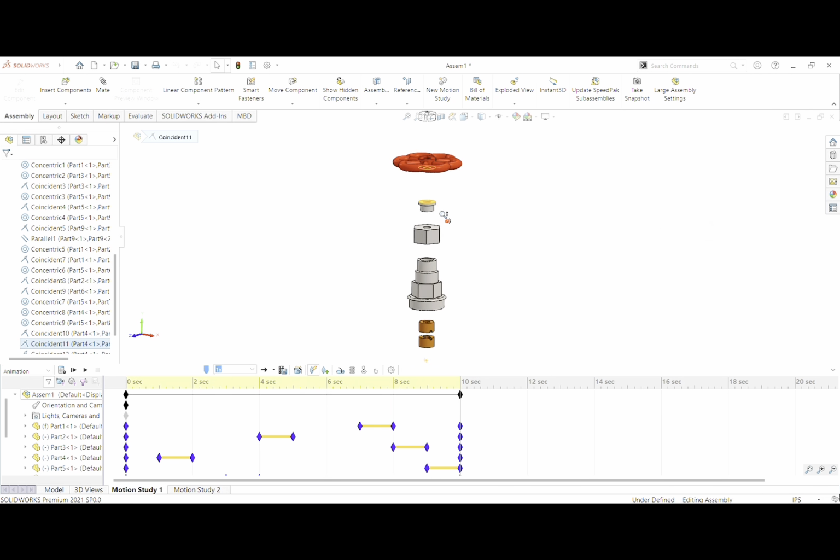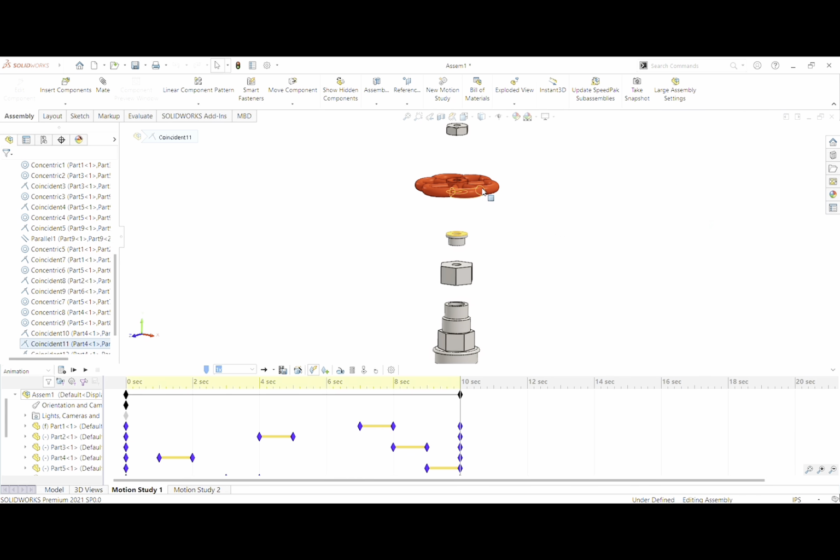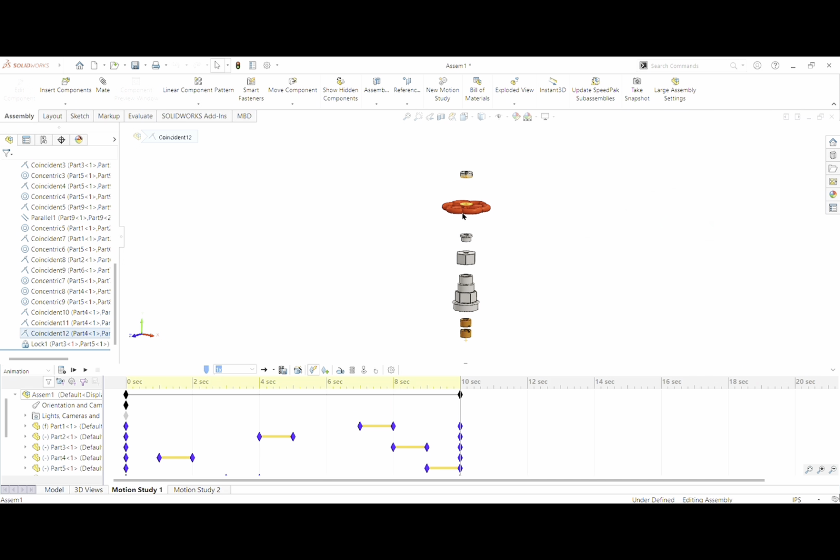It is also to make sure the hand wheel does not move in other directions. And lastly, coincident between the top of the hand wheel and the bottom of the nut to make sure the hand wheel cannot move,